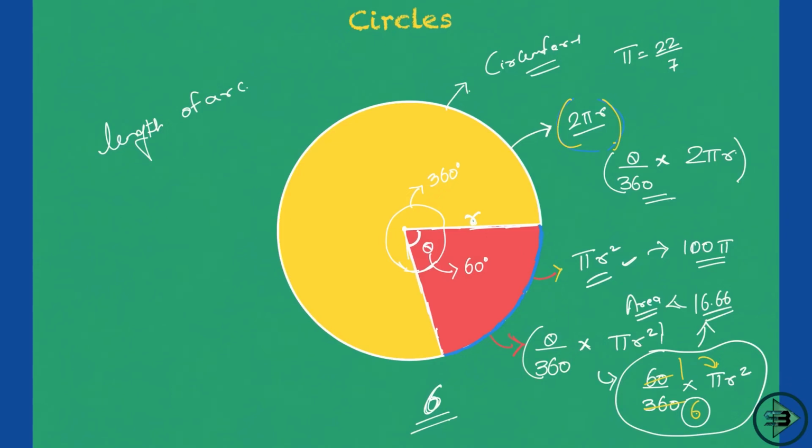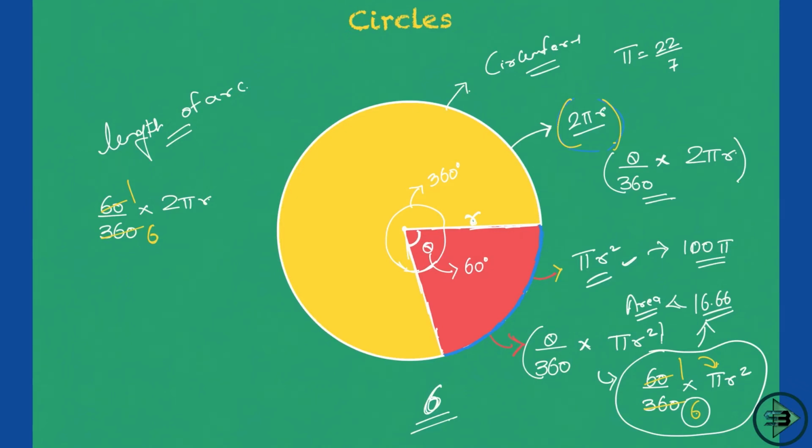Now again, if I say this angle theta is equal to 60 degrees, you will write this as 60 upon 360 into 2 pi r. Correct? Now if you calculate, this is 1/6 of the circumference. The total circumference, the total boundary, is 2 pi r. Give me 1/6 of that, and that will be my length of the arc. So what did we study here? First the area, then part of the area, the area of the sector, then the circumference, that is 2 pi r, then part of the circumference, that is the length of the arc.